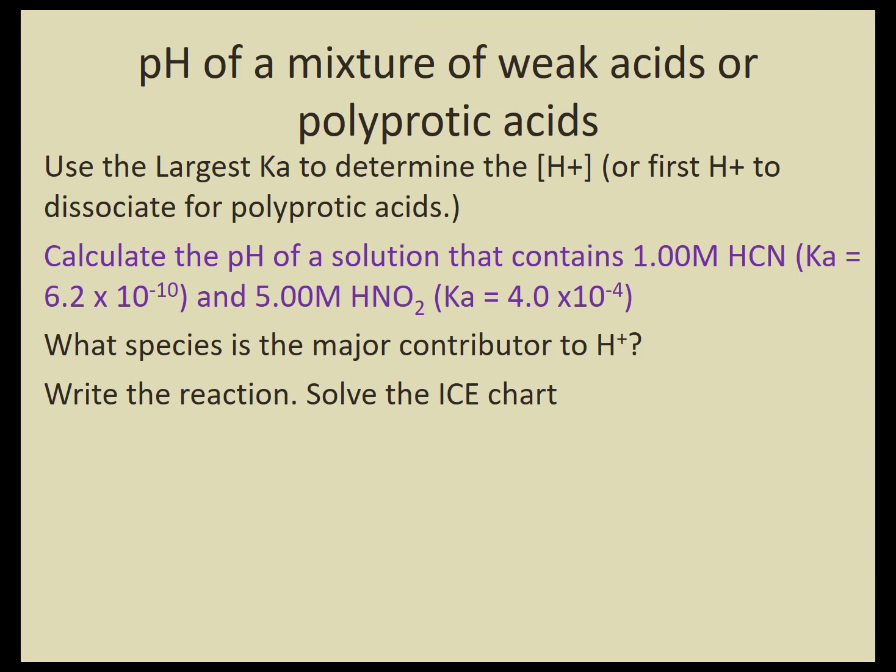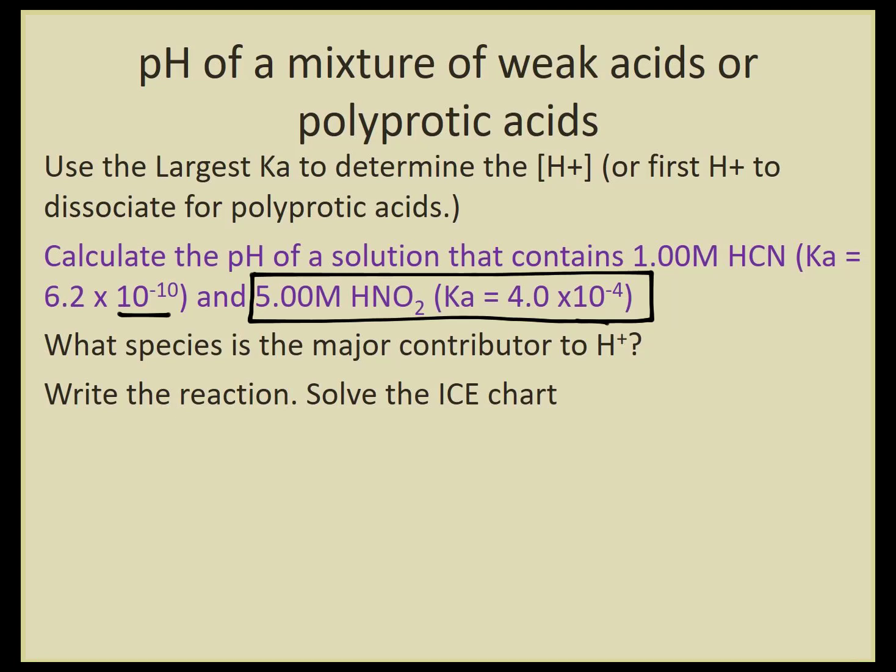Sometimes we are given a mixture of weak acids and we need to determine the hydrogen ion concentration or the pH. You will also be given the Ka values for those weak acids, and so you need to decide how you are going to find that hydrogen ion or the pH. And you're going to use the one that has the highest Ka. So in this example here, I have hydrocyanic acid and I have nitrous acid, and both my Kas are given there. So I'm comparing a 10 to the minus 10 and a 10 to the minus 4. The 10 to the minus 4 is the largest,